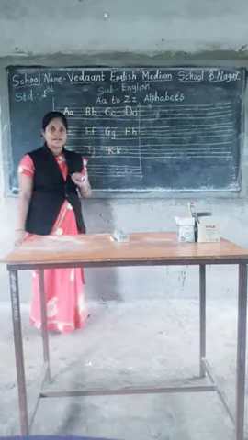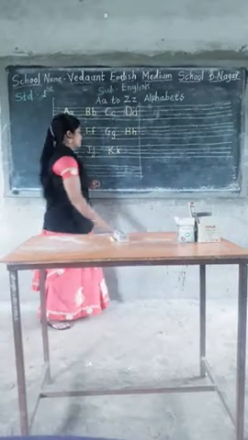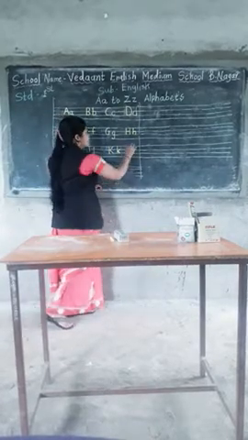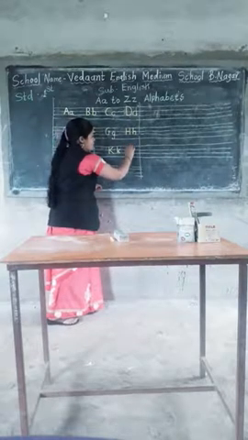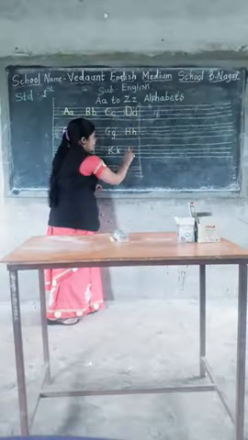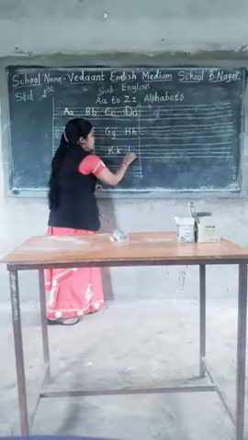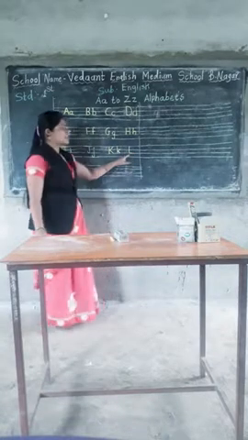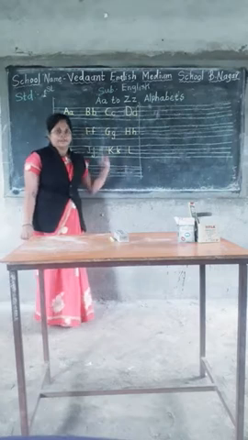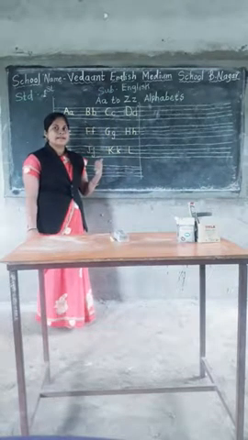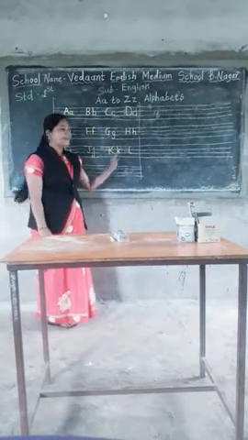Let's see the next letter, which letter is that? L. So how to write L? Let's see. It is very easy. Go to the top, draw the standing line and touch the third number line and draw here a sleeping line. In this way, you write the capital L letter.